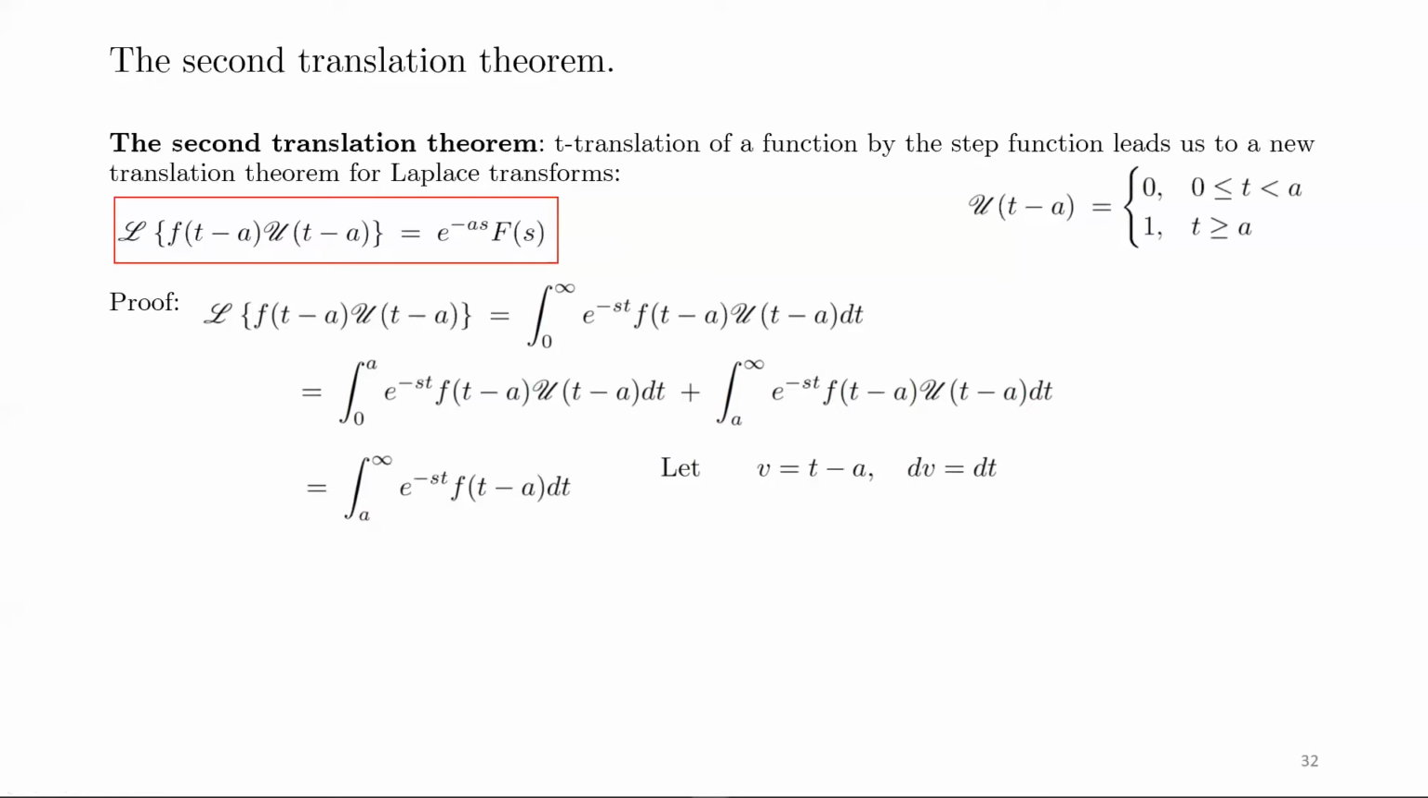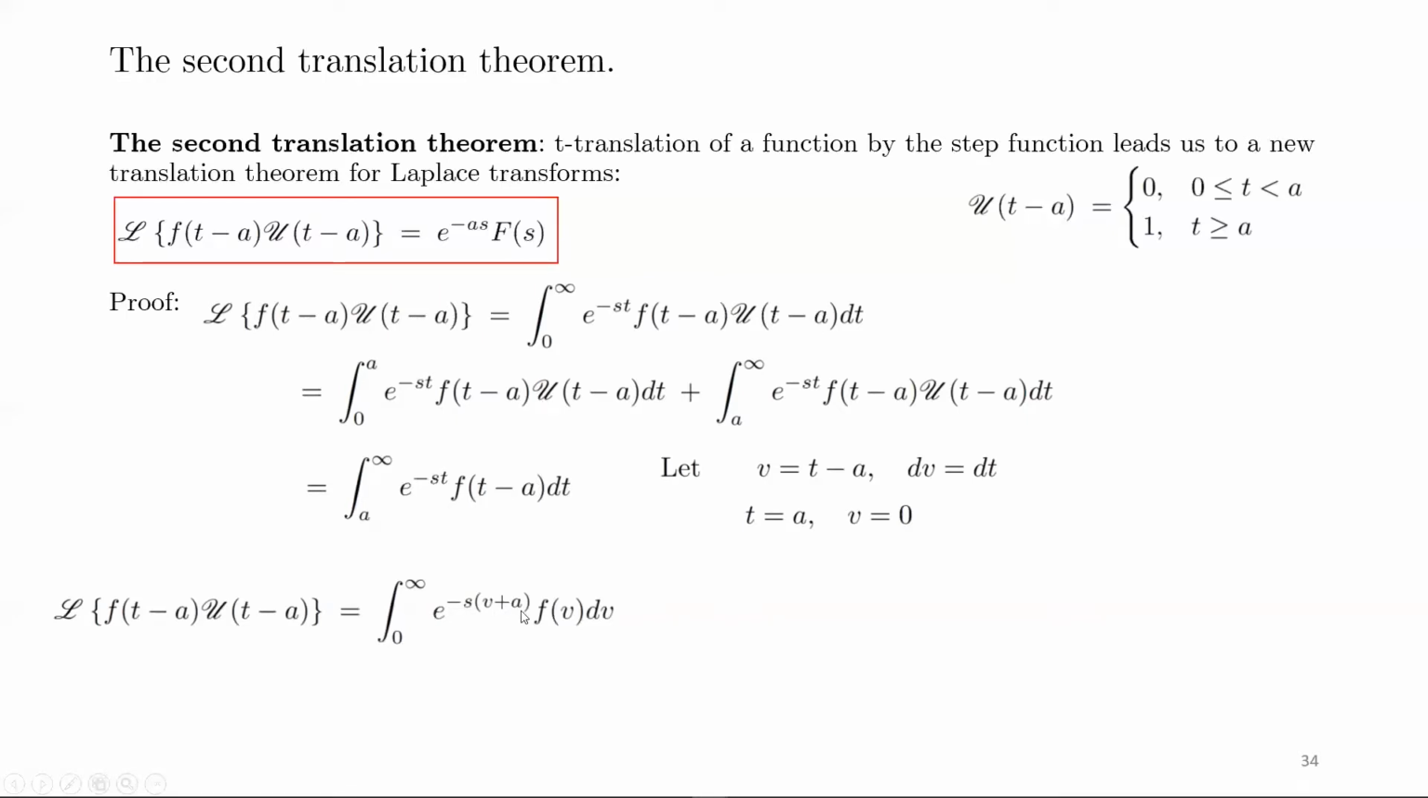But it's worth noting that when t equals a, v is equal to 0. So therefore I can write this integral in terms of v now, instead of t. So I get this Laplace transform is equal to the integral from 0 to infinity now, because remember when t equals a, v equals 0, so we get the integral from 0 to infinity of e to the minus s